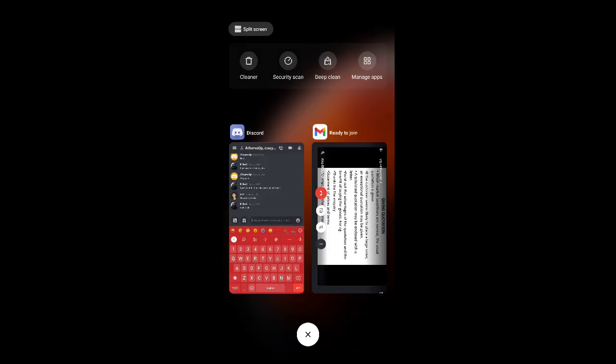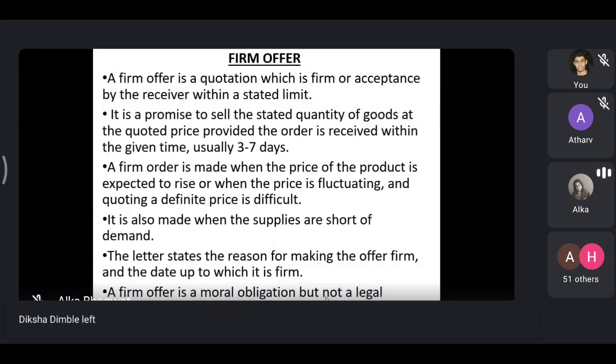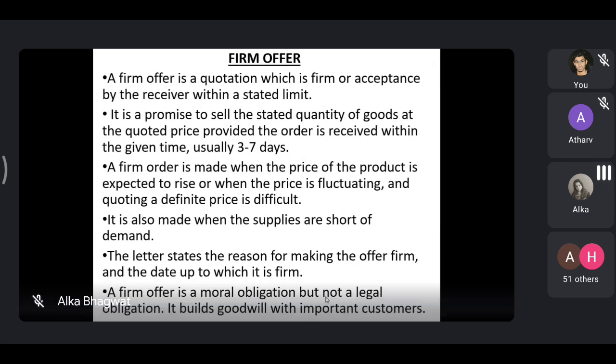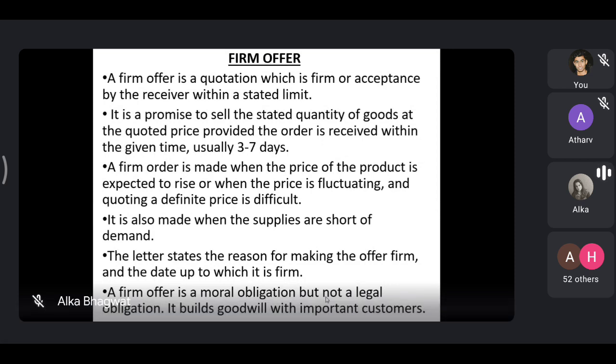Then I have to give back an offer. Now this goes for 3-4 times, and then we have to settle down, right? We have to settle somewhere, but at the same time we don't want to lose our customer. So that is when we write down a letter of quotation where it's like a firm offer, where we very politely tell the guest that we can give you only so much and not more than that. Okay, so you have to be very tactful while writing such letters,